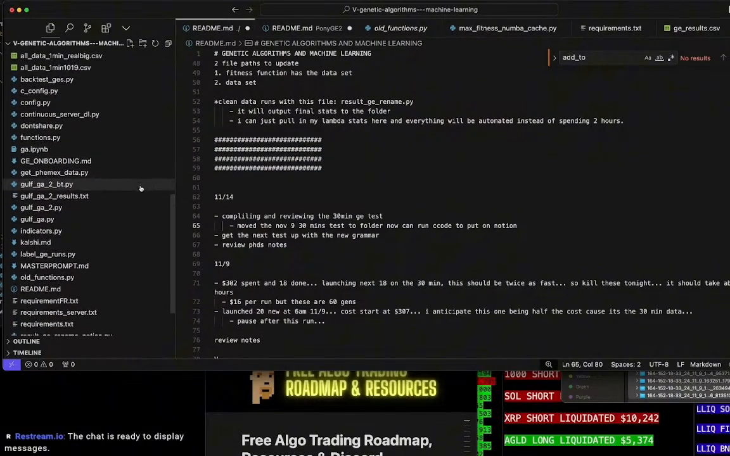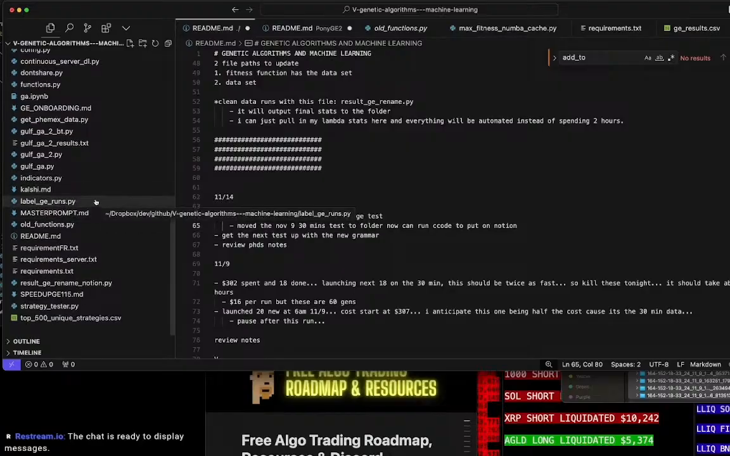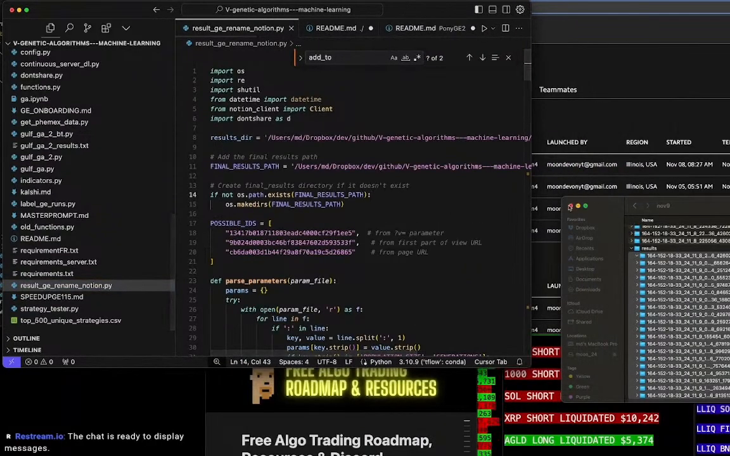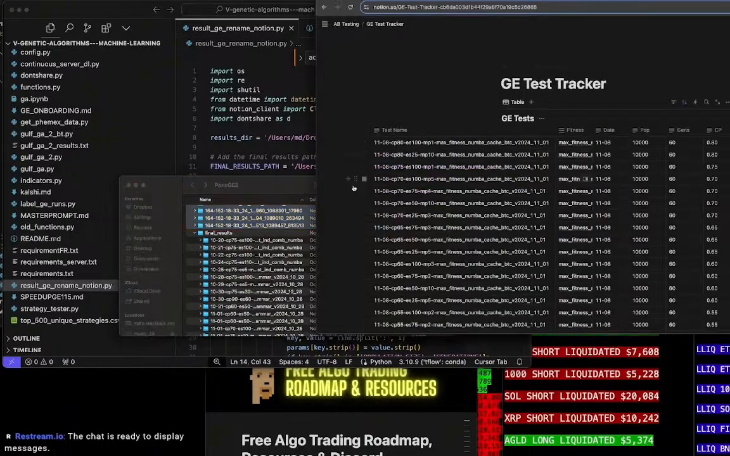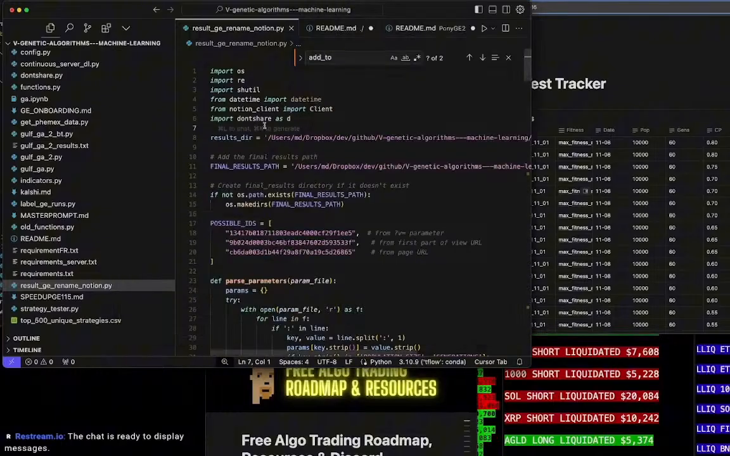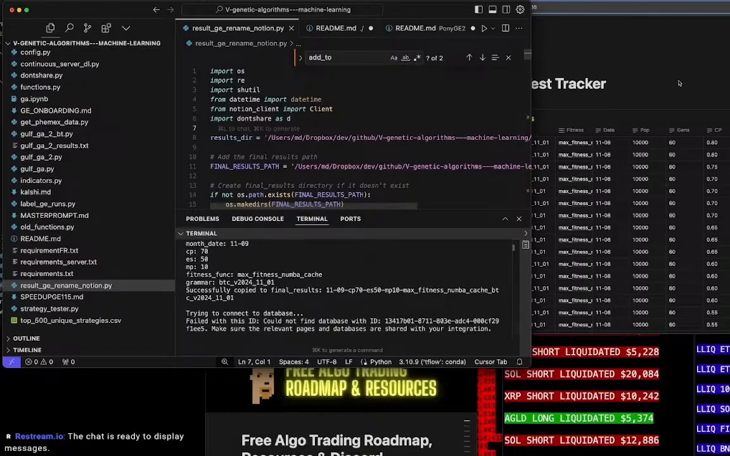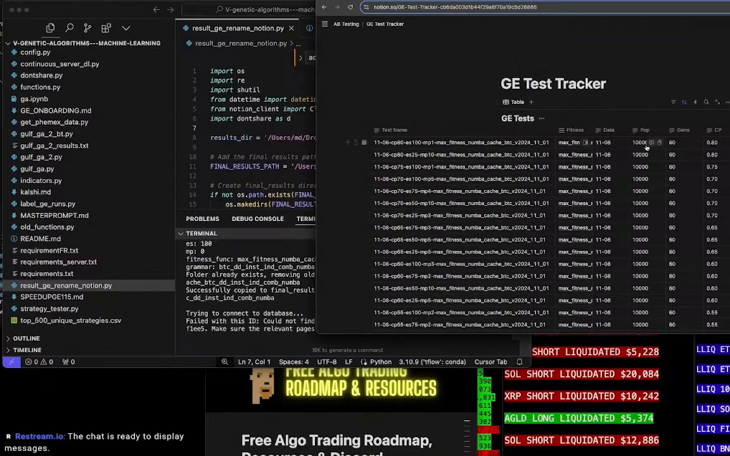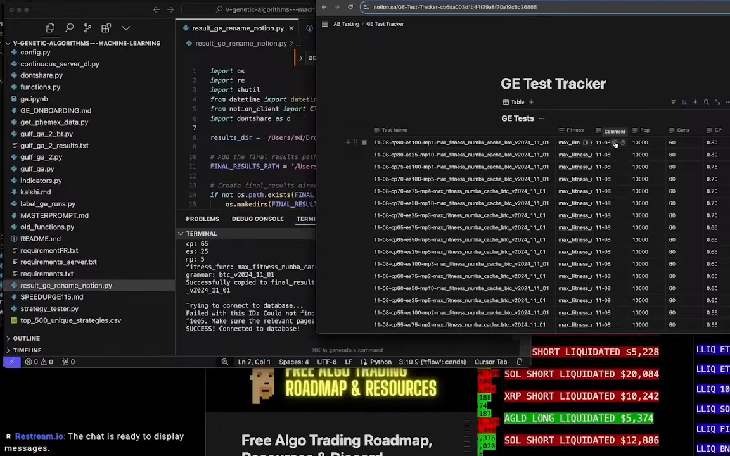Backtest GEs, label GE runs, results, get, rename, and Notion. Okay, so this should start populating our Notion sheet. I showed you how to do this already, dude. It's all on YouTube. If you want to see how to populate this Notion, well, I'm about to run it because we built it. Okay. Success connected. All right, now it should start loading this up. You'll see new lines here coming soon. Hopefully,